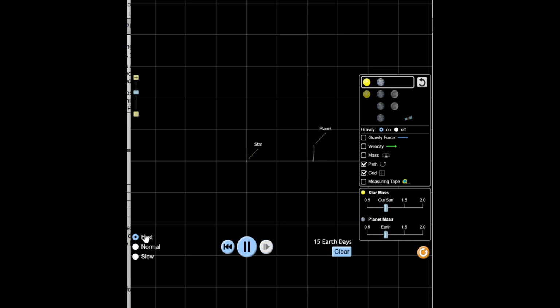Now for questions 15 and 16, for the fastest and slowest orbital speeds, the fastest orbital speeds occur for planets closest to the sun, such as Mercury, while the slowest speeds occur for planets further away, like Neptune. This happens because gravitational force is stronger at smaller distances, causing planets to move faster when closer to the sun. Overall, this experiment helps me understand how planetary orbits in the solar system are mainly controlled by